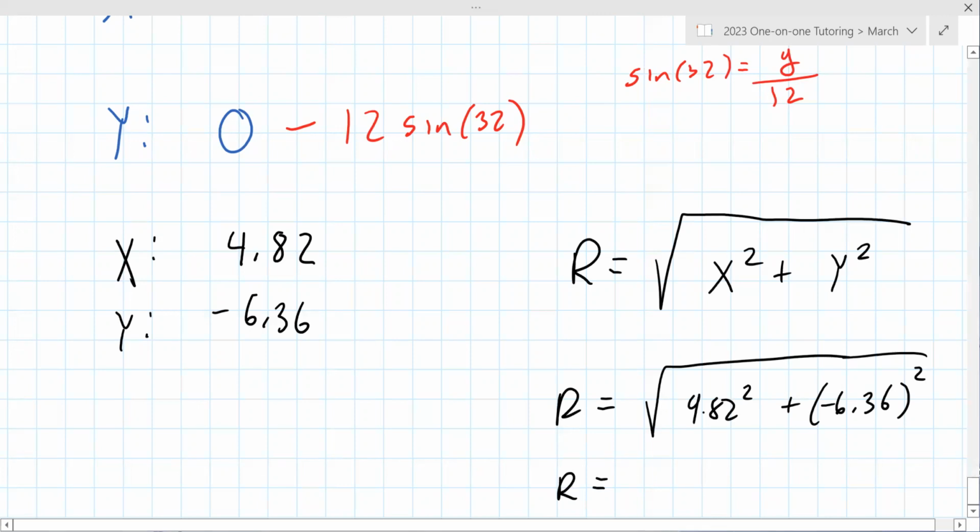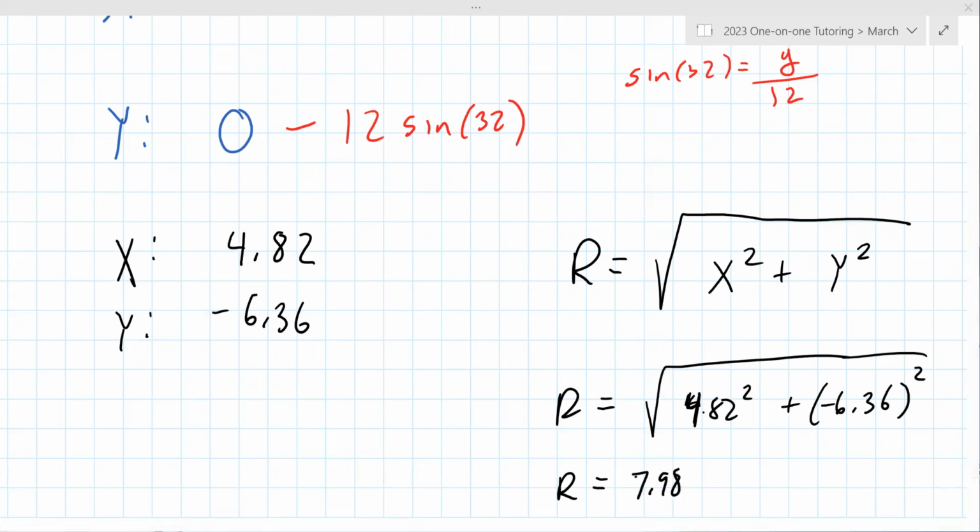Did I not do this right? Go ahead and try that calculation one more time. Oh, I misread the 4 as a 9. Okay, 7.98. Good. Units of force typically in newtons,